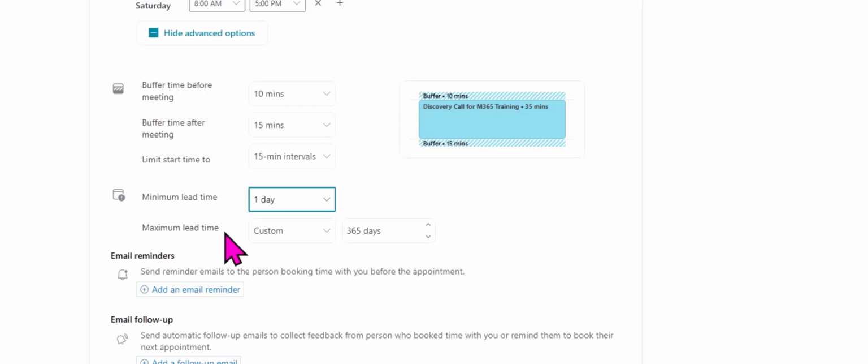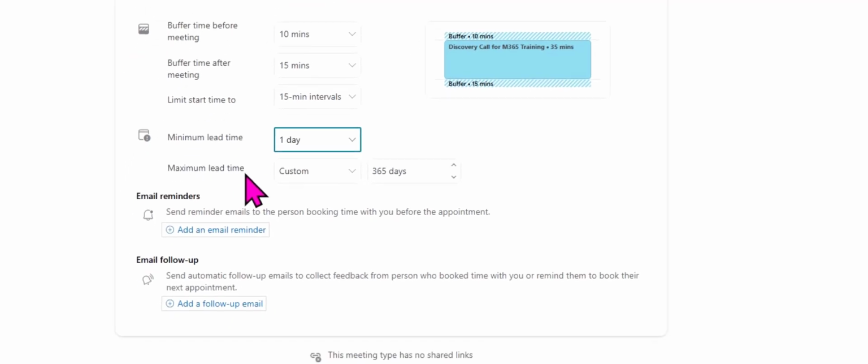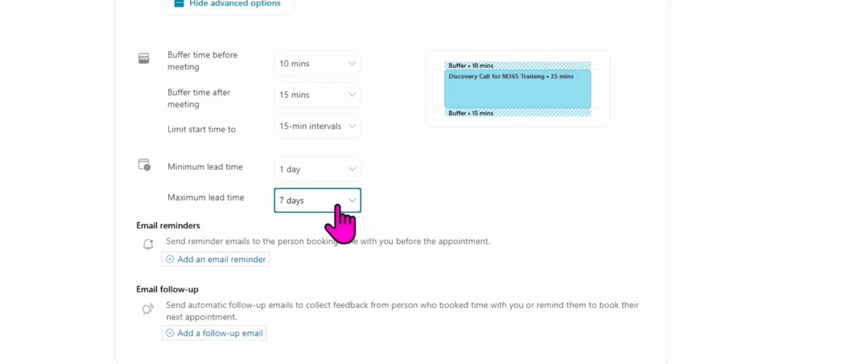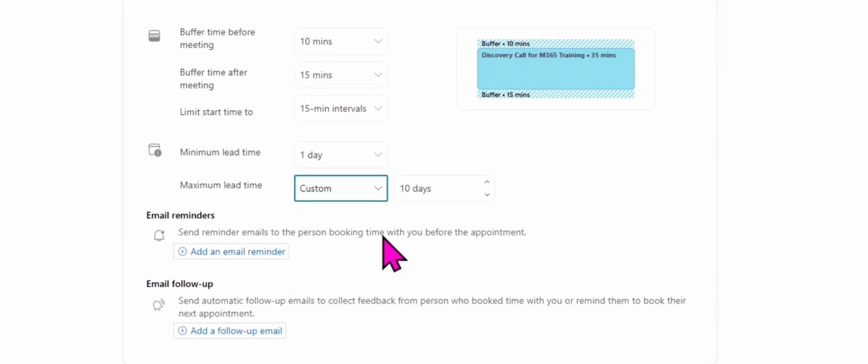I also have the option to select the maximum lead time. So I can select, for example, from 7 days, or I can select up to, let's use, for example, 90 days. There we go. People are going to be able to view the bookings or book me up to 90 days